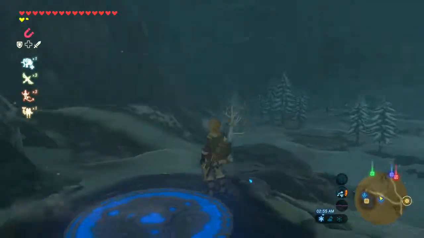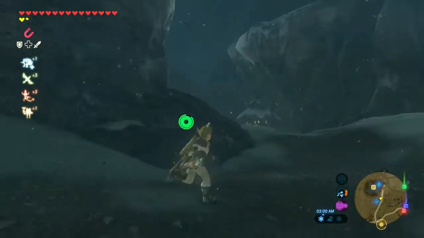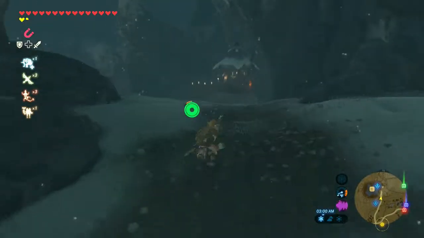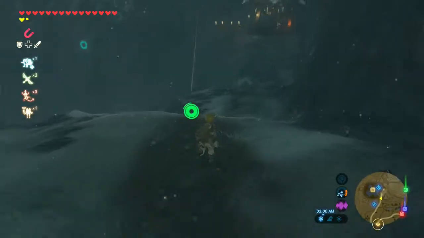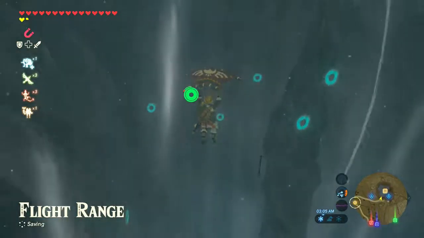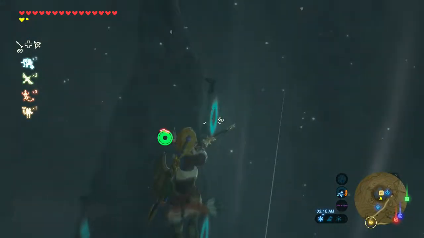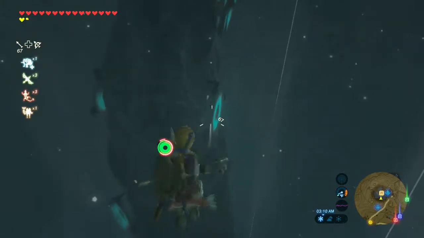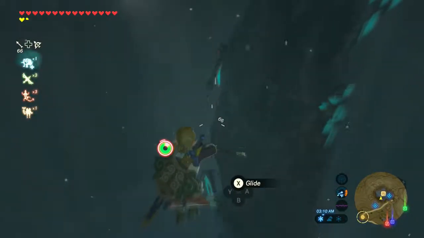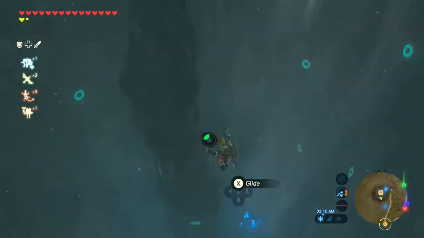Alright, so now that we have teleported to this shrine that's really close to the shooting range, that you can find, what's his name? The edgy bird, the edgy one. Now that we're over here, I might as well tell you how you're meant to open up this shrine, but it's already kind of done. What you're meant to do is, while you are in slow motion, use 4 of your arrows and hit 4 targets.